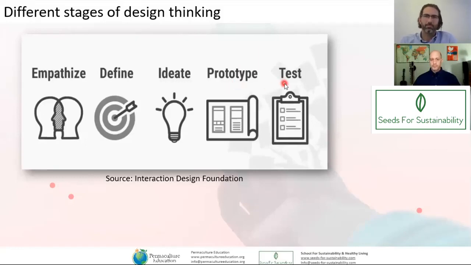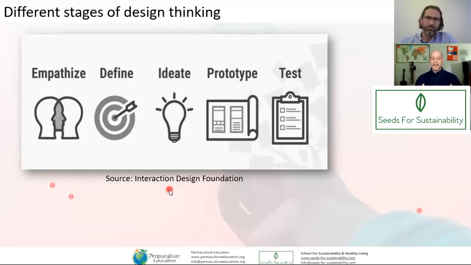Rigorously test the completed product, and oftentimes when you test out the product, you'll find new problems that you need to look at, and new refinements to the product, and look at new alternative solutions. So those are the 5 stages that are commonly used.